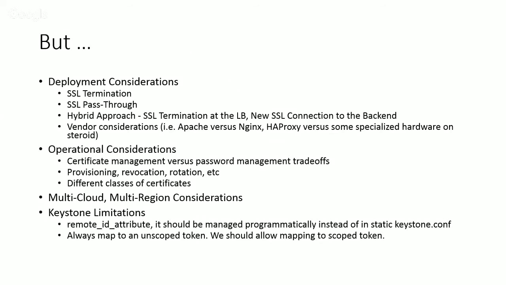For one thing, federation is still early in the game. We have to figure out what other use cases are out there, then we can think of a way to enhance it. But I think it's a good time now to enhance the mapping to map to a scope. It's rudimentary to go straight from authentication to authorization. There's a lot of room for what you're going to put in the middle: this person is in this group, has this role,